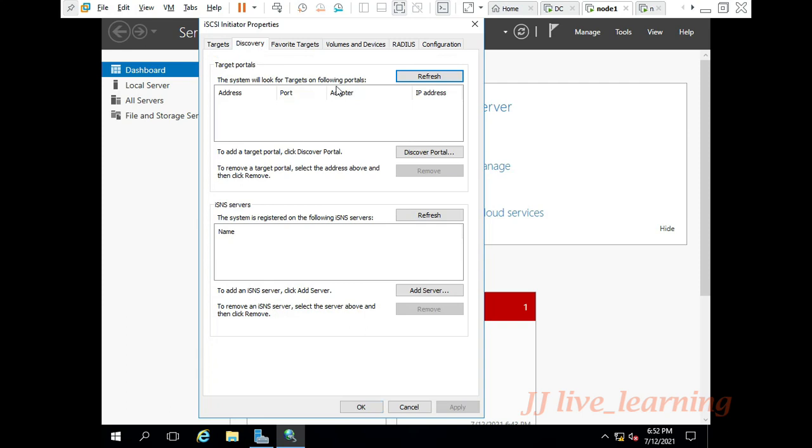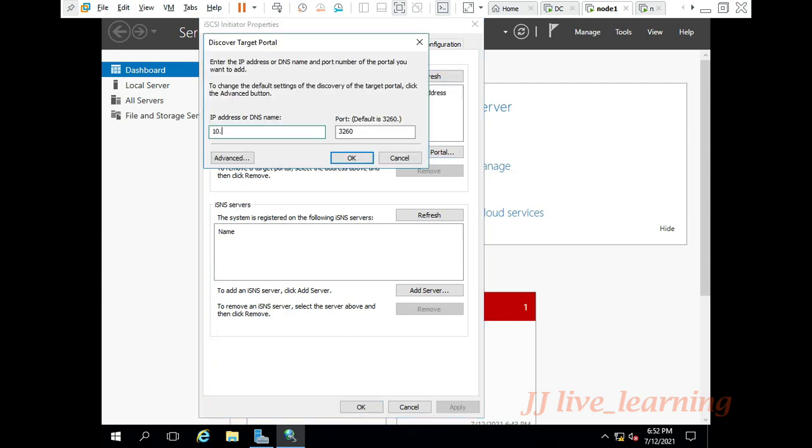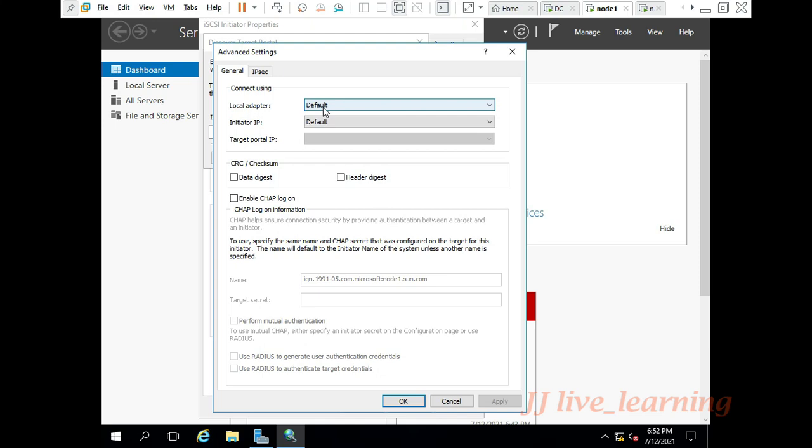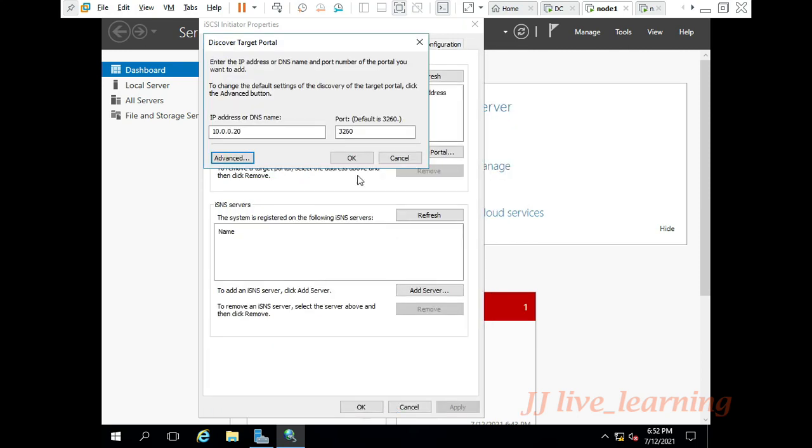Select Discovery. In the discovery portal, we are selecting the iSCSI target server 10.0.20. In the advanced settings, we are selecting the node. 10.0.30 is the initiator IP, and we are selecting OK.